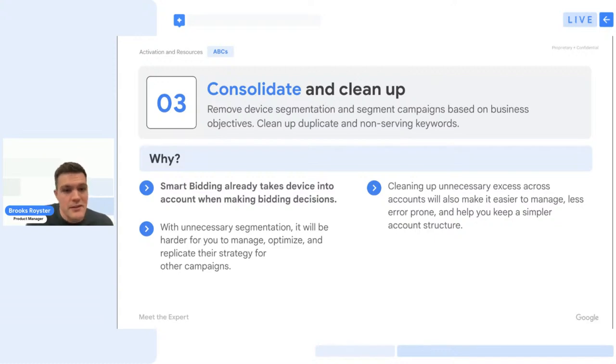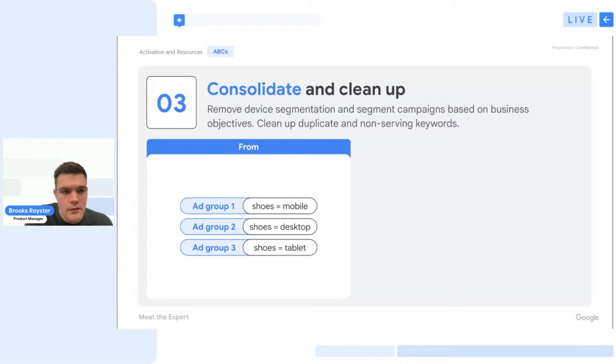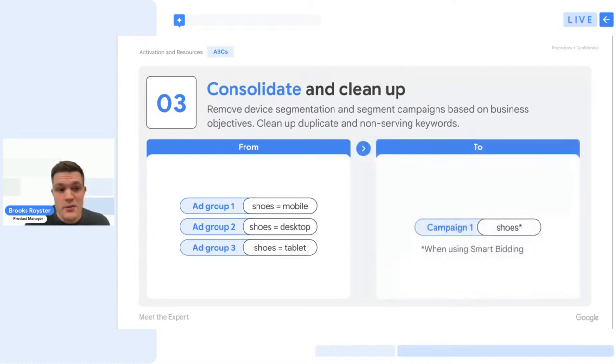So to put this into practice as well, we'll show another example where, as we mentioned in the first demo, we have these separate ad groups that are also used within a campaign for shoes, across different devices. And in a simplified state, when using smart bidding, you should be able to comfortably move this to a single campaign where you can still target device type within, but be able to consolidate that footprint dramatically. So we're really excited about this as well, and hopefully these pieces are understandable and decipherable, and you should feel comfortable being able to implement these immediately.